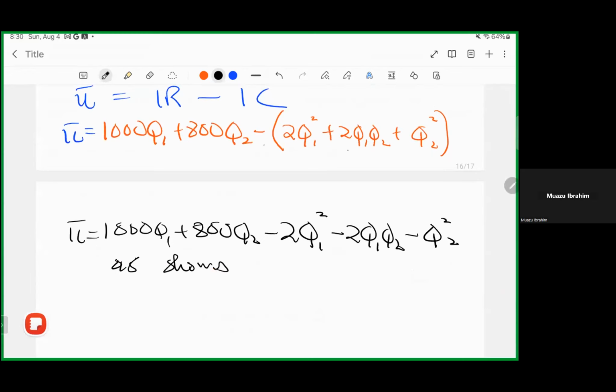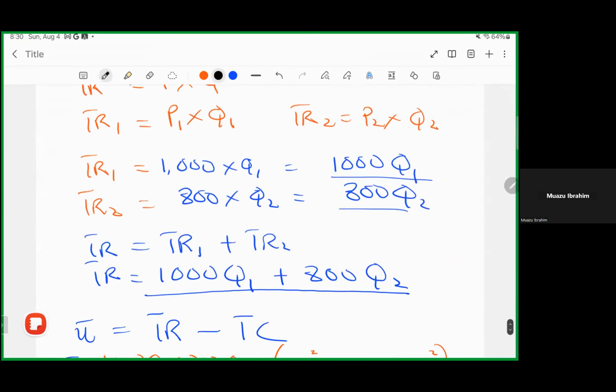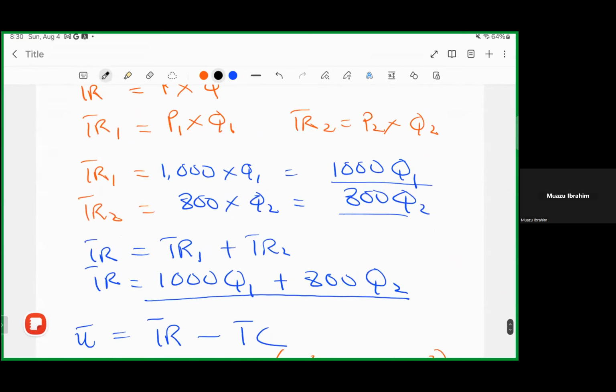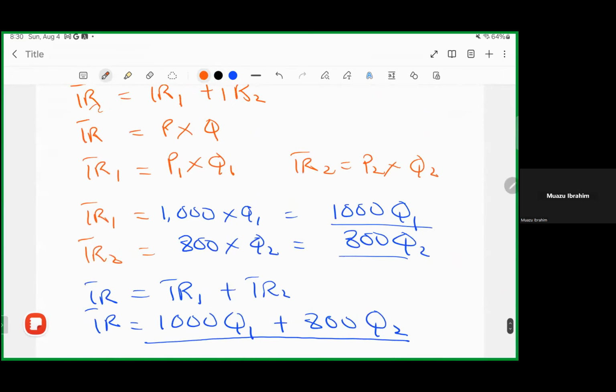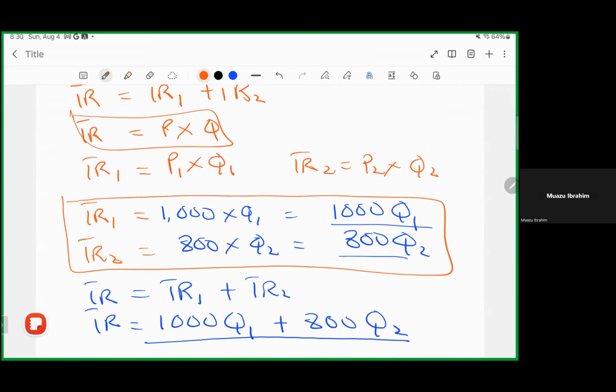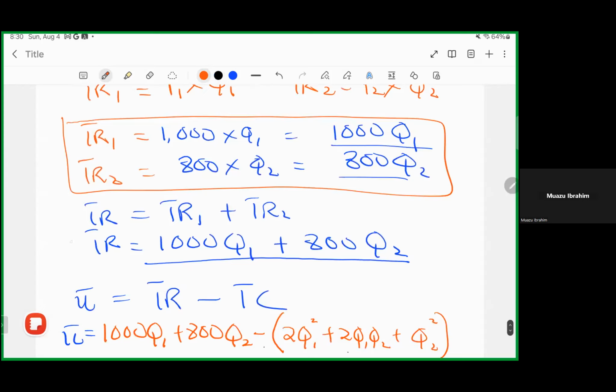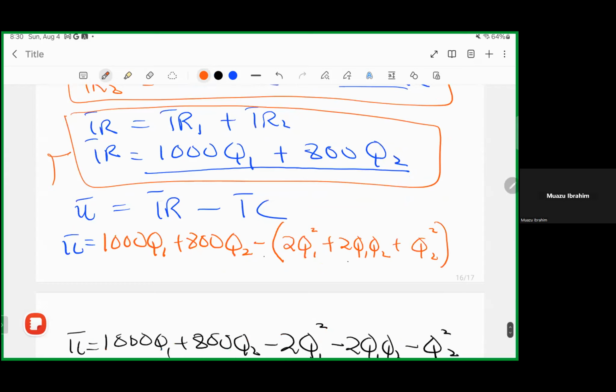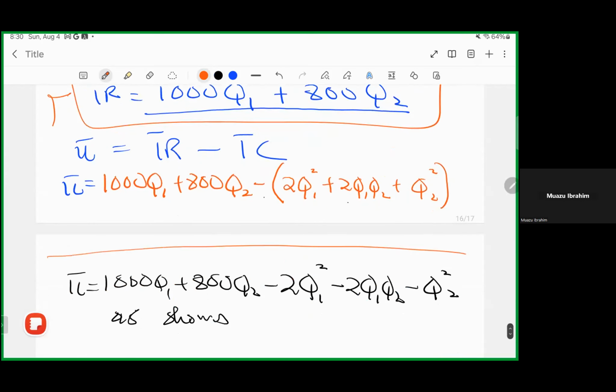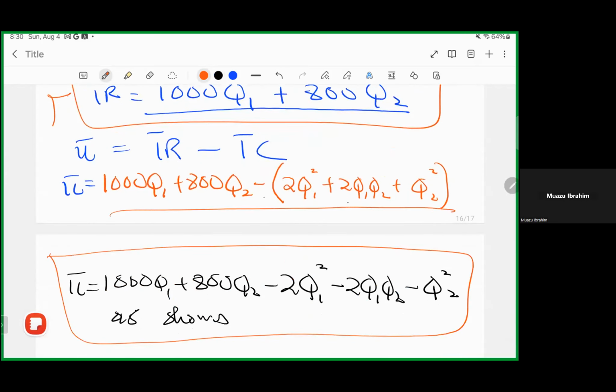So that is all. But in an exam, you don't have to follow this long procedure, okay? You can just say total revenue is this one, price times quantity, and then jump to this side. Once you jump to that side, you can have your total revenue as this one, and then from here, you can just jump to this side. You don't have to do this one. But you also need to show the profit function. Are we together? So we have solved the first part.